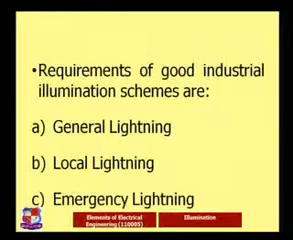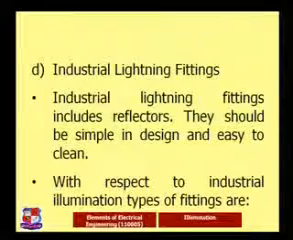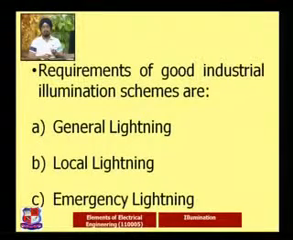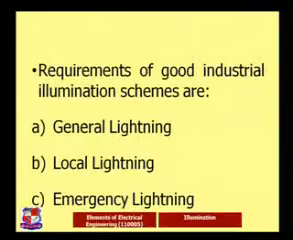The requirements of good industrial illumination schemes are: first, general lighting, second, local lighting, and third, emergency lighting. We'll discuss the three, because general lighting we have already covered, local lighting we have covered, and the bit new one is emergency lighting. The general lighting is used for general purposes, or where a widely spread area is there where we want illumination. In that case, with the help of